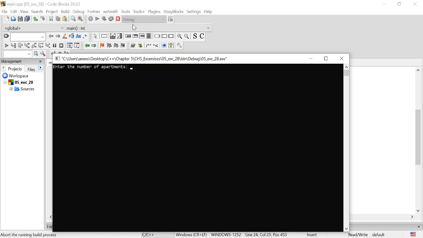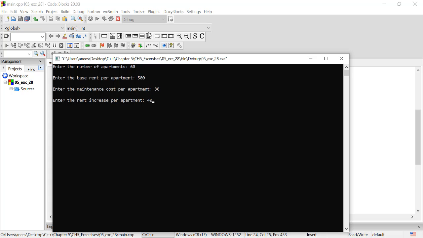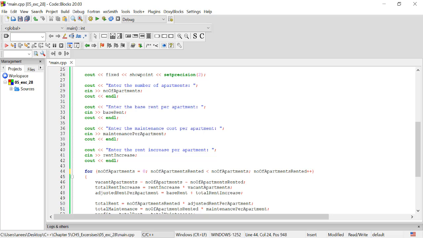Now if we build and run this, I put in the number of apartments is equal to 60, the base rent per apartment is 500, the maintenance cost per apartment is 30, and the rent increase per apartment is $40. Now you can also see here that I made another mistake, that I actually confused my number of apartments rented with the number of apartments. Now, if I correct this,